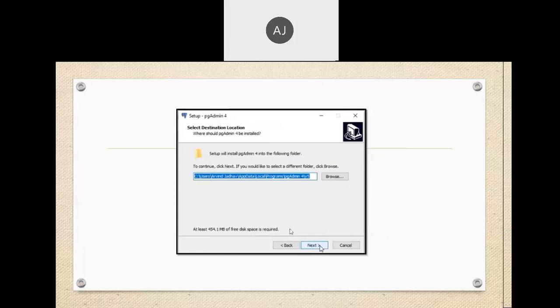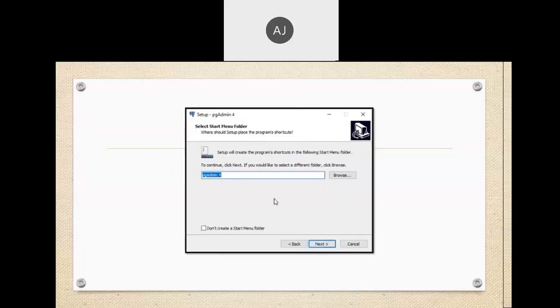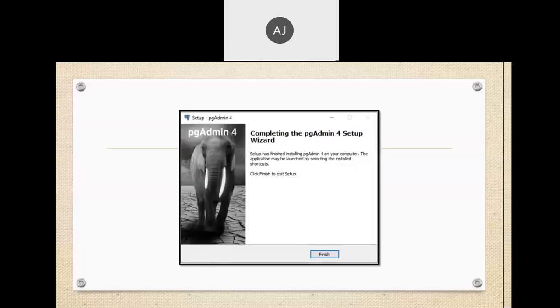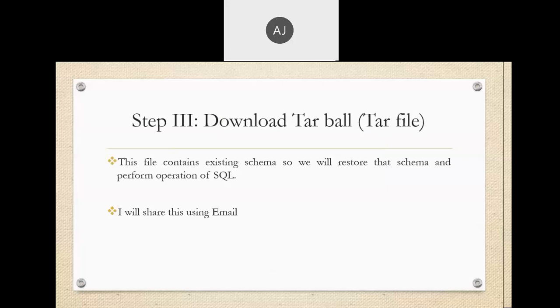Okay. So after that, it will ask for the directory where we can store the data of pgadmin. So here we create the directory where we can install that pgadmin. After that, this is the select start menu folder. If you want, the pgadmin will be available in your start menu. So keep it as it is. Click on next. Then we need to install the pgadmin. So the next important part. So finish, and we successfully stored that information.